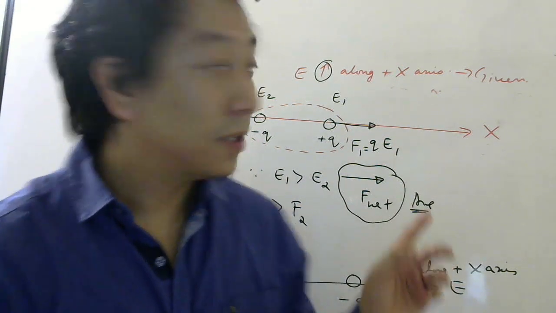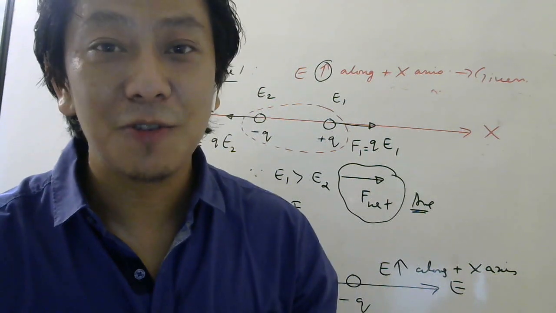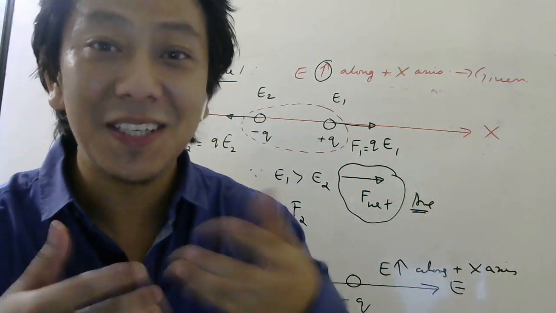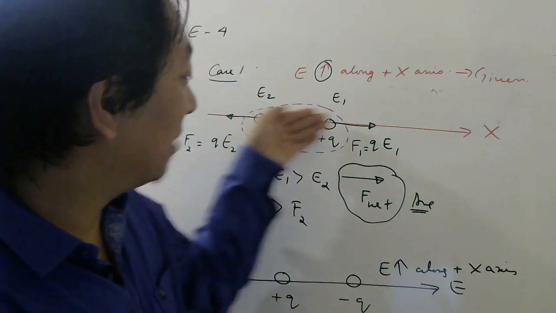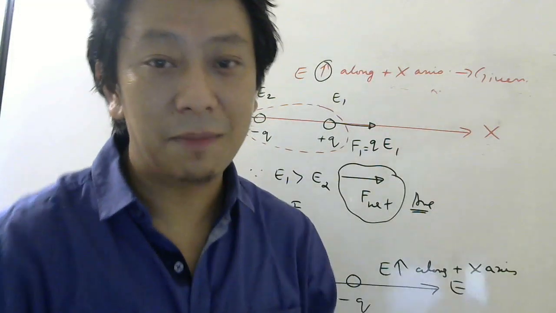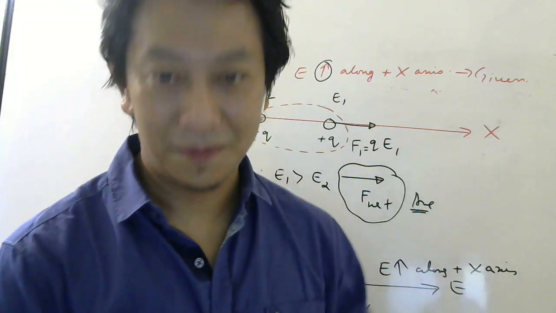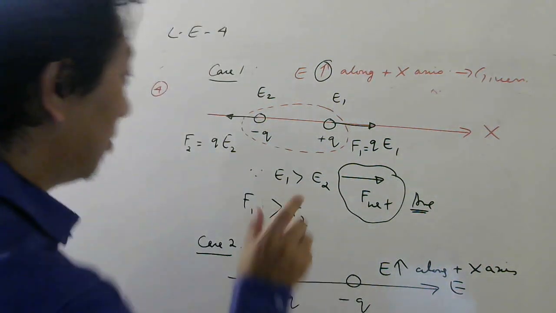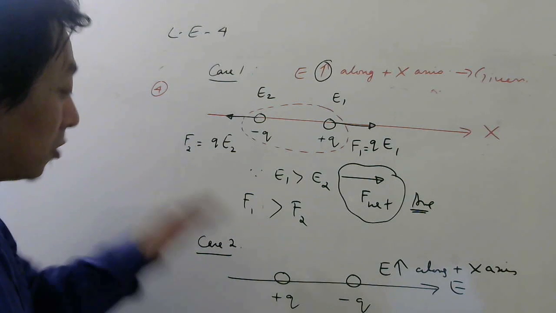But here, since electric field is increasing along x-axis, how can you say uniform electric field? Because it is increasing, in my diagram this charge is feeling more force than this charge. So if my head feels more force than my legs, then wherever my head is pulled, my body will go there only. Understood or not? Because I told you dipole means this distance should be fixed. Okay, fine. So try the second case.